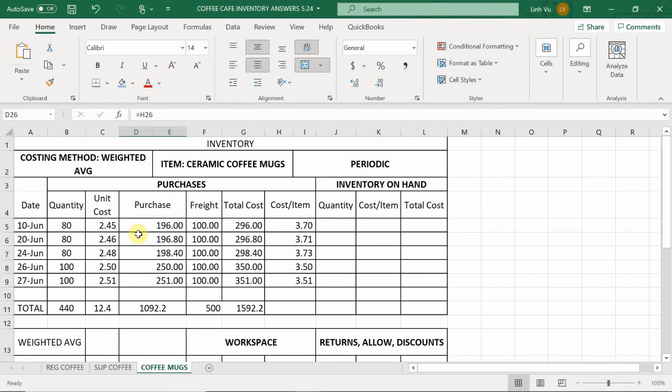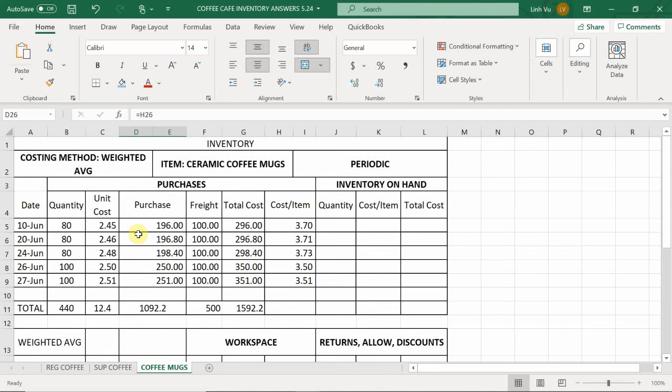We bought coffee. We bought coffee on perpetual inventory. Oh, on the weighted average, is that what you mean? No, I'm asking what item are we converting? I don't know. What item are you converting? Can you give me a hint or something? Okay, so we have three inventories that we purchase, right? We buy regular coffee and supreme coffee. What's the other item we buy? The mugs,